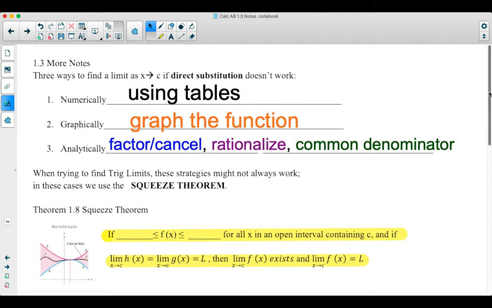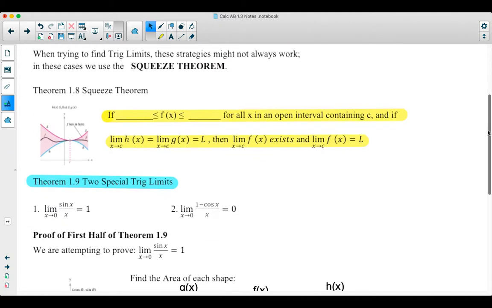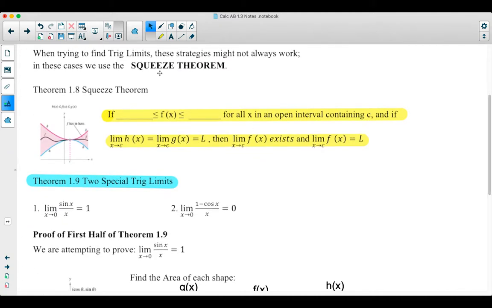But sometimes when we have special functions like trigonometric functions, those types of strategies might not always work. So we use something called the squeeze theorem. And here is what the squeeze theorem tells us. The squeeze theorem says if you have one function, we're going to call it f of x, you can see by this picture here, you have a function f of x that is in between two other functions. In other words, you have a function that's greater than it, so we'll say g of x in this case, and you have a function that is less than it, which in this case we will say is h of x. So if f of x is sandwiched between those two functions or squeezed in between those two functions,